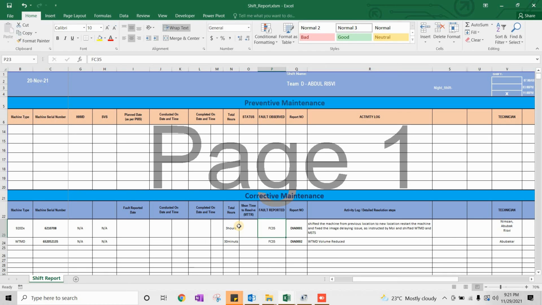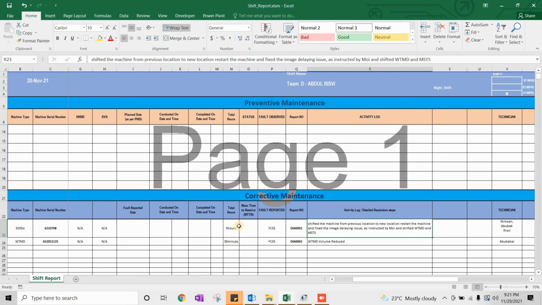Then after that we have fault report, like what is the fault code for that, which we have already listed, and we can use generic FC35 if the fault code is not mentioned in the list. Then we have report number, which we have to mention here. Then we have activity log, like what activity we have done to resolve that issue.